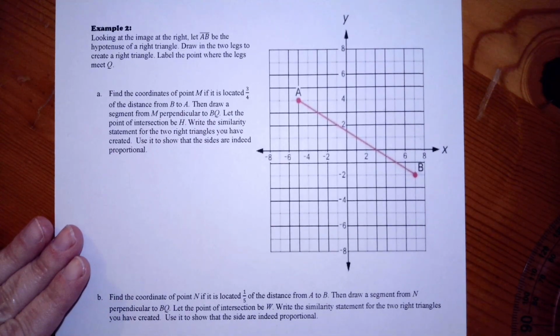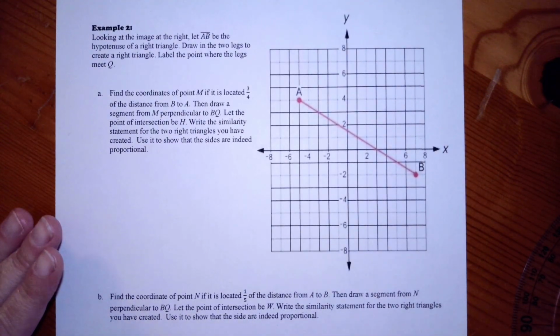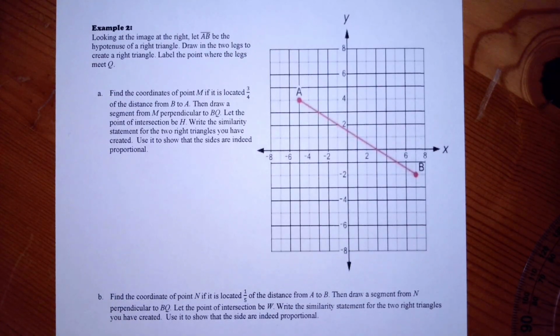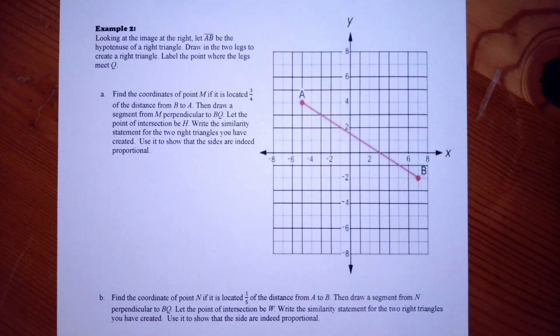All right, so on the back of our notes, if we look at example 2, same ideas. We're just going to try one more and make sure we've got it today. So we're going to start the same way. We've got AB, it's going to be our hypotenuse. We're going to go ahead and draw in the right triangle, and where the legs meet, this time we're going